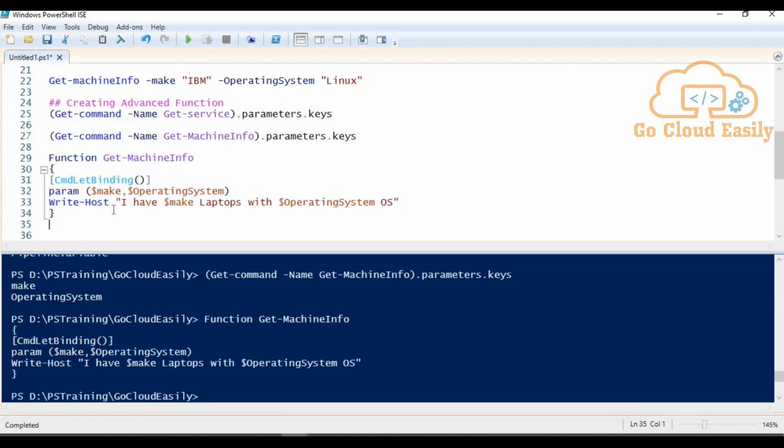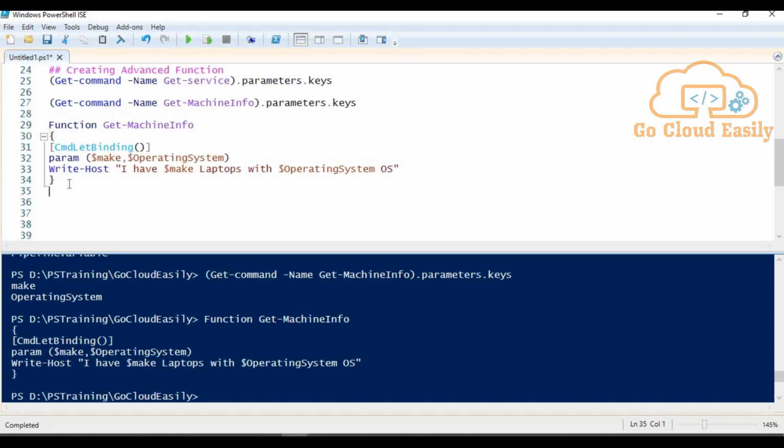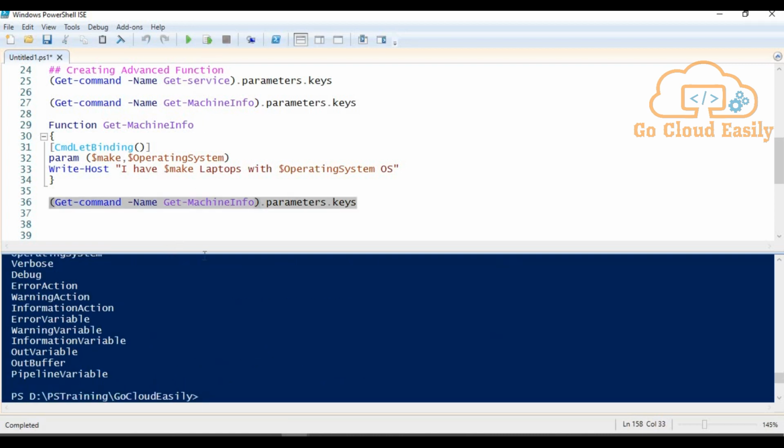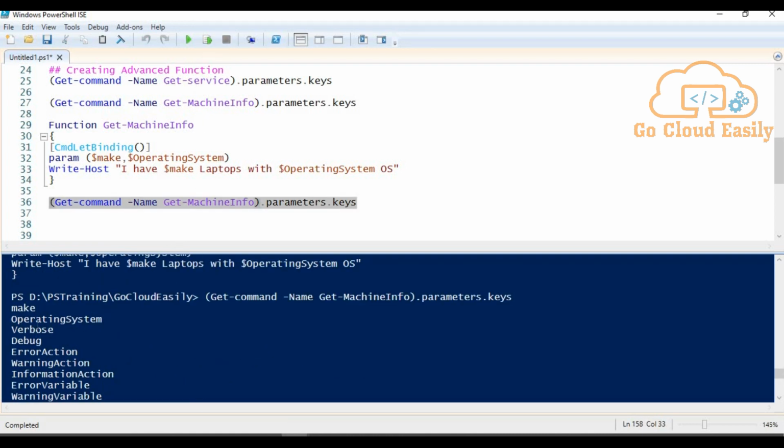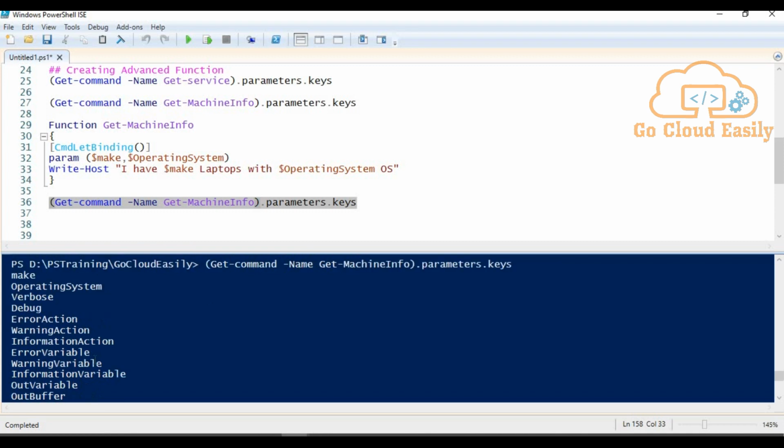Now if I want to see what exact parameters are there in this newly created function, we can simply run this command again to see the list of parameters. This time, as you can see, we have many extra parameters like Verbose, Debug, ErrorAction, WarningAction, like that, right?